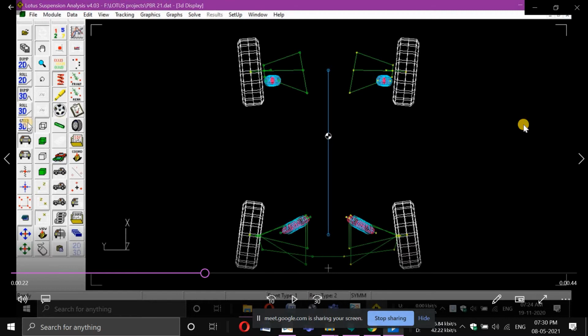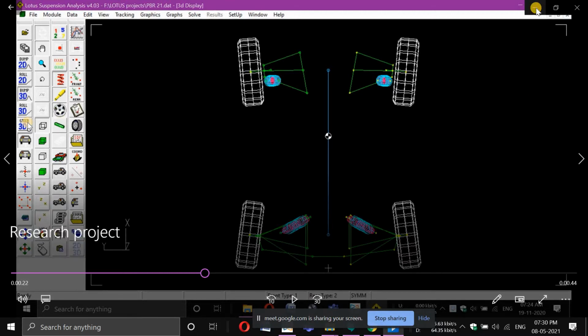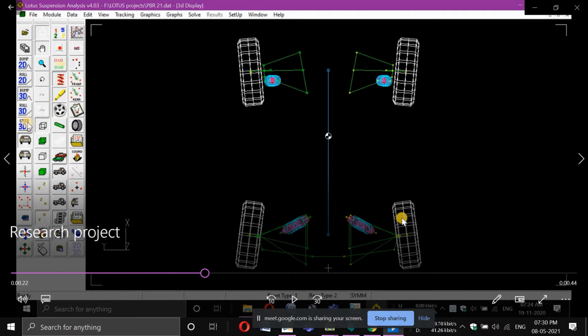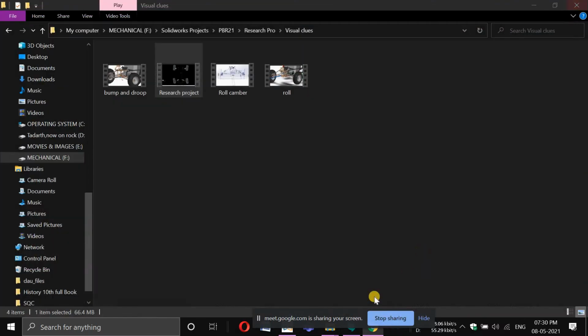But generally, this does not occur in real life, that the vehicle is not taking any bump or droop; it is just turning. This would have sufficed if the roads were flat, without any speed breakers, and we did not require any braking or acceleration. But in the next design, I worked to improve this fault. This is the major fault, sir. This is the problem statement I have written.